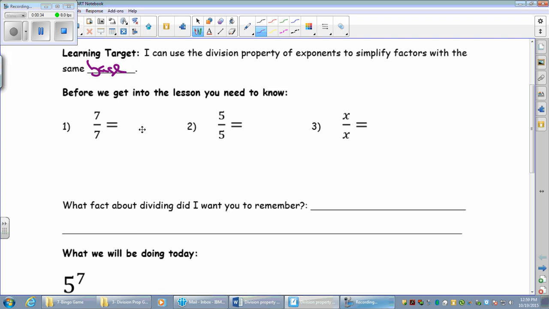7 divided by 7 is just 1. 5 divided by 5 is just 1. And this is the tricky one, I'm assuming, for some of you. I'm assuming some of you put x. That's not the case. Anything divided by itself is 1. And that's actually the fact about dividing that I want you to remember. Anything, even letters, divided by itself